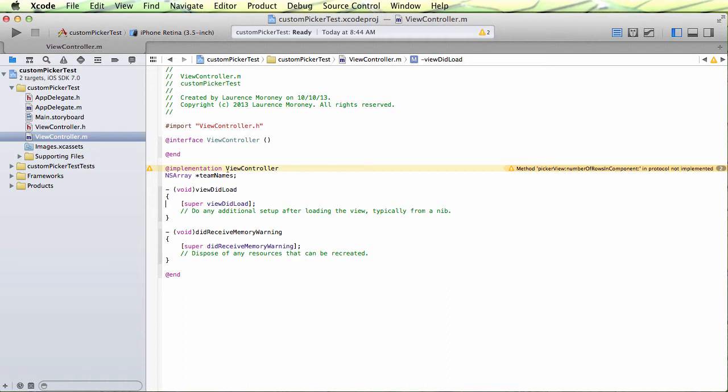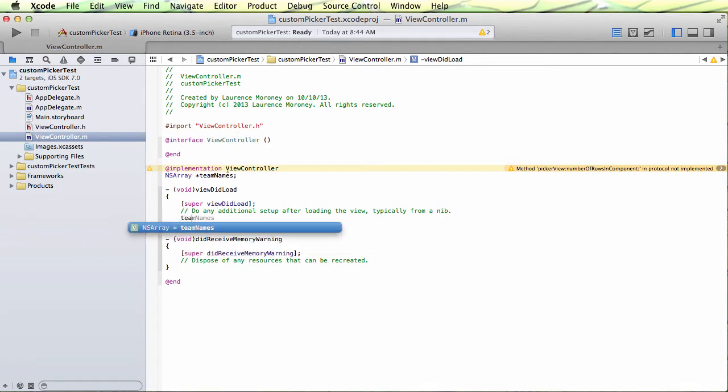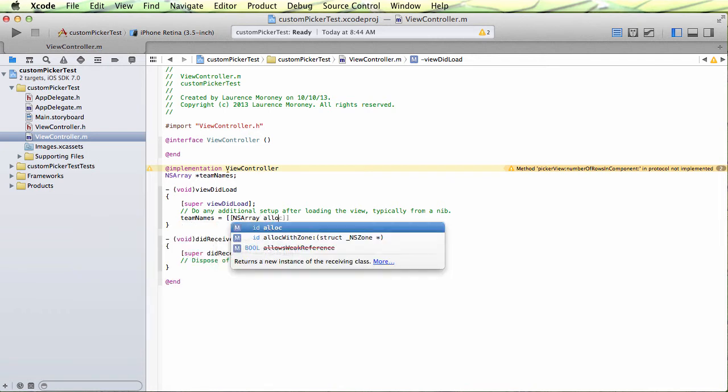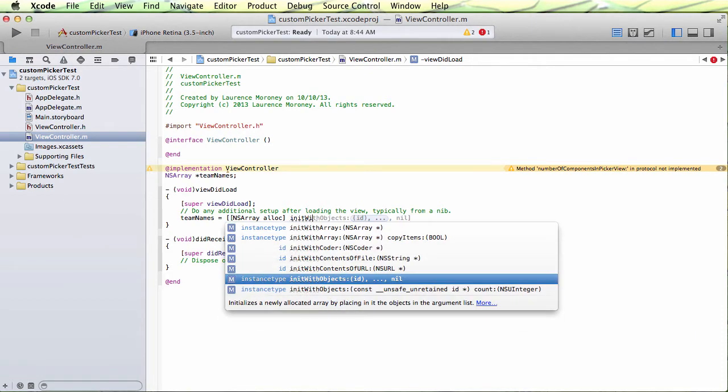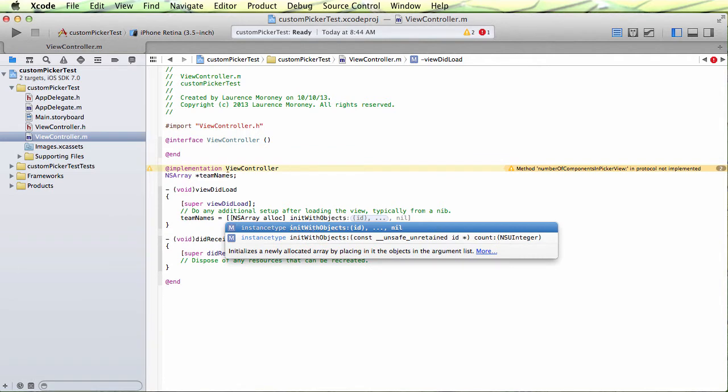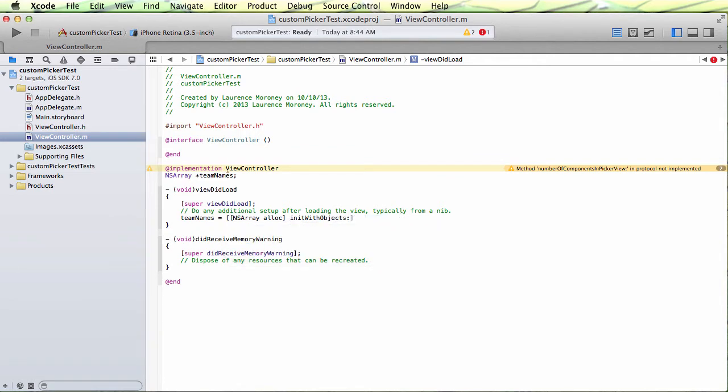So how am I then going to create this array and create this data? I will do this within viewDidLoad, and within here I can create an array using syntax like this. teamNames equals, two square brackets, NSArray alloc, because I need to allocate the memory for the array before I do anything. And then I'm going to initialize the array with a list of objects. I'm going to say initWithObjects, and my objects are just simply going to be strings with the names of the teams. So I'll say something like Liverpool, and this will be comma separated, Manchester United,